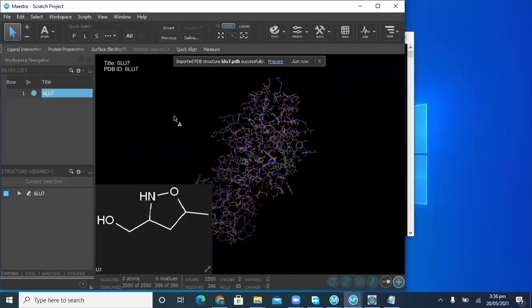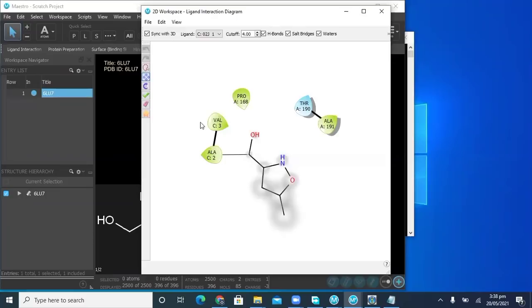For the interaction analysis, we are going to click on the ligand interaction. So this is the interaction. There are 5 interactions: alanine, valine, proline, threonine, and alanine.